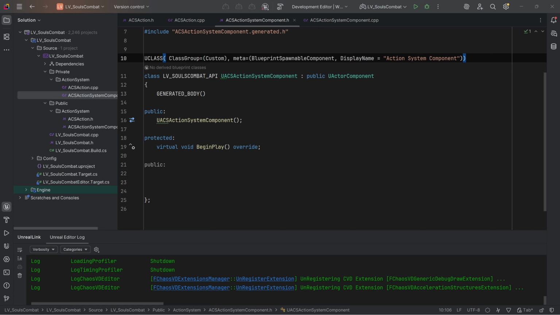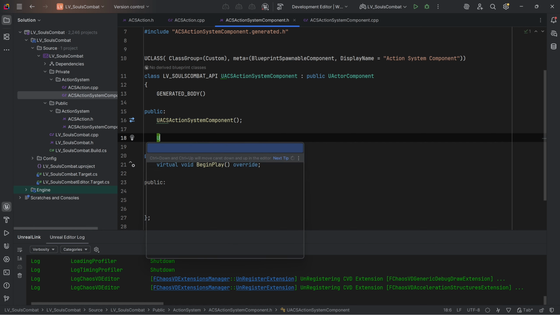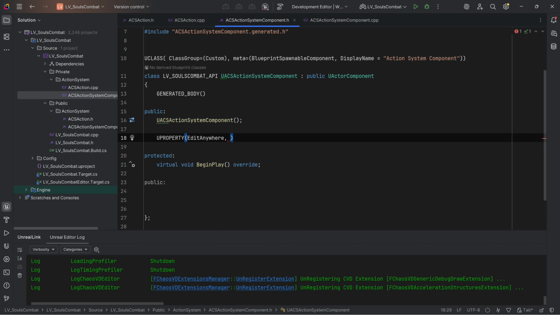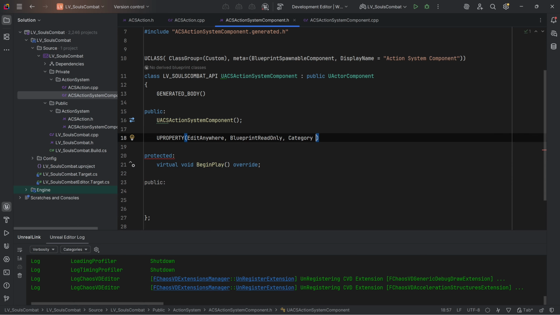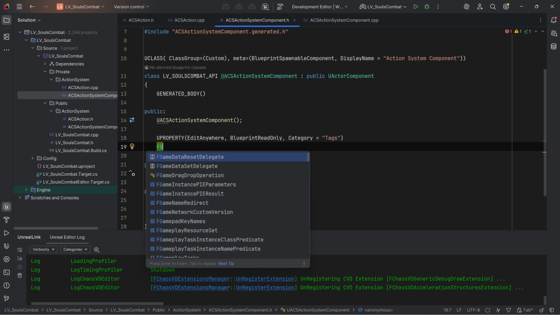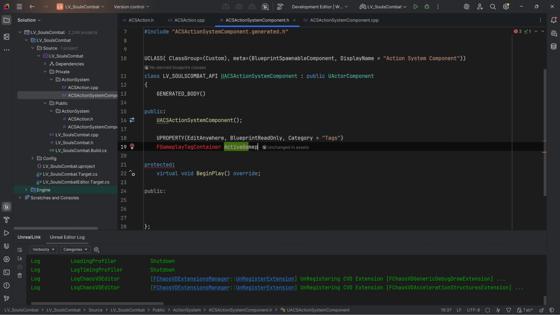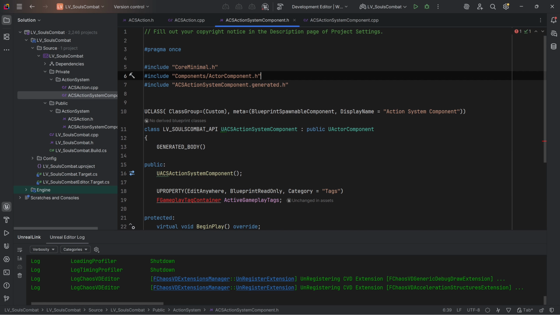Here in the action system component, what we can do is, here in the top public section, we can add a UPROPERTY, parentheses, EditAnywhere. So that way, this property can be edited within the editor details panel and in instances as well. Then here we can have BlueprintReadOnly. Category equals Tags. Now we are going to make this an FGameplayTagContainer, and this will be the ActiveGameplayTags. As you can see, this is red, so we need to add the include